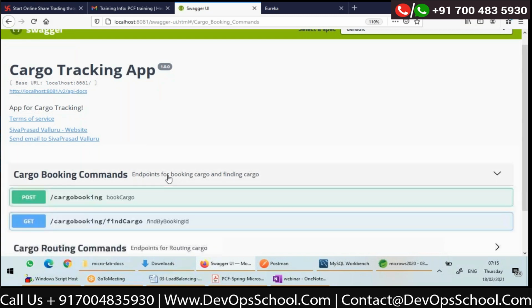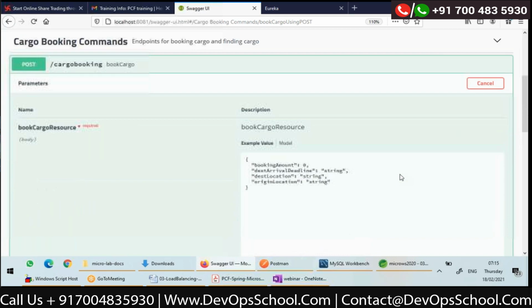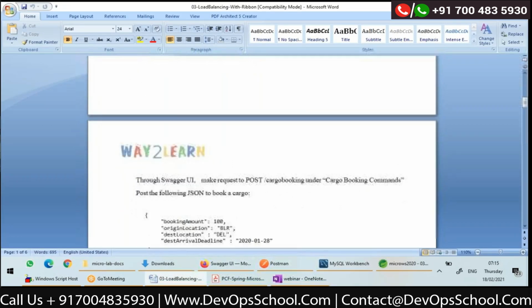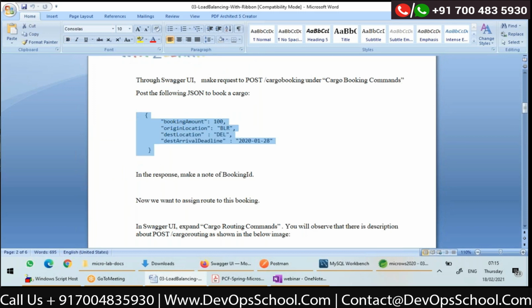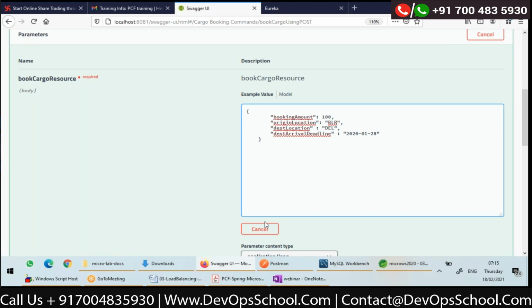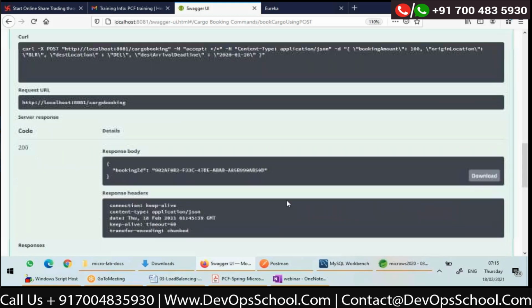Then only I can do routing. So I'll create a booking by just making a post request. For sample, I will take this JSON. This is the data required for booking. Execute. So booking is created and this is the booking ID.